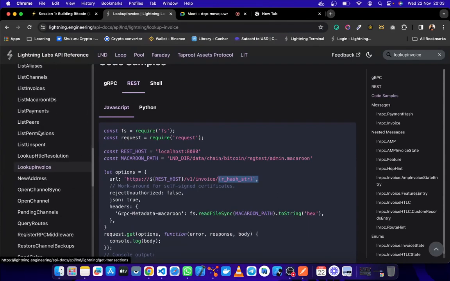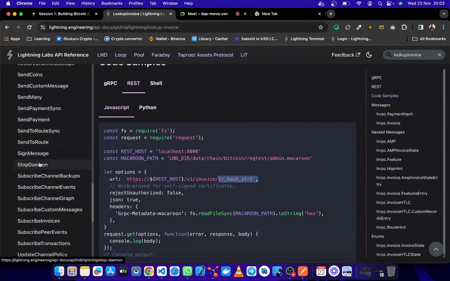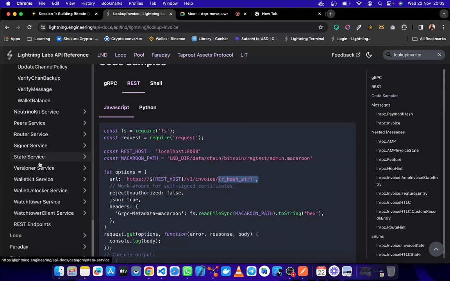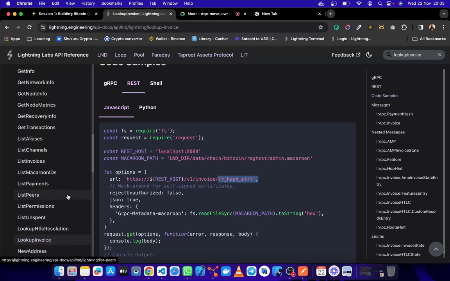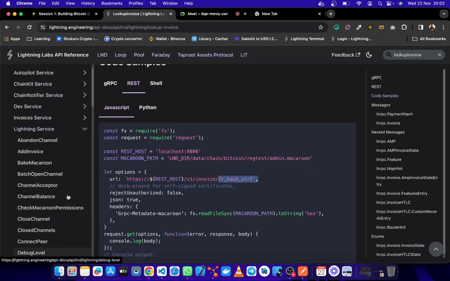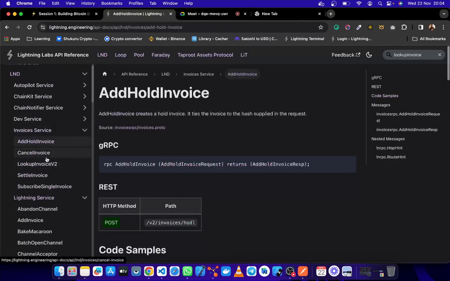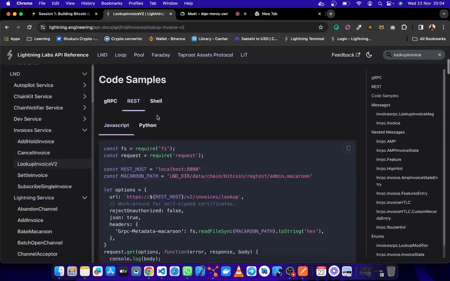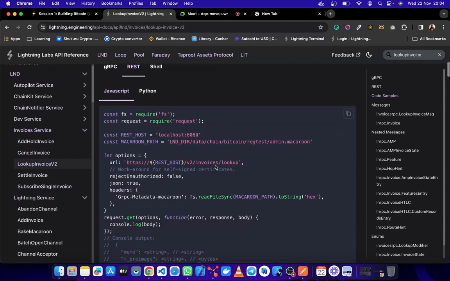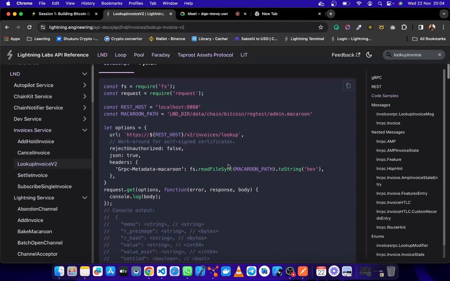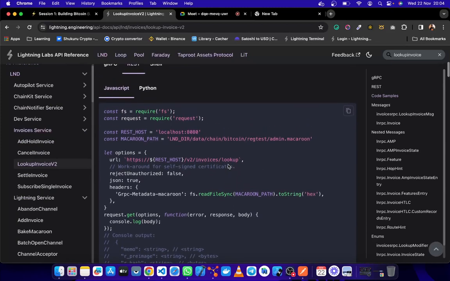So we have node info, we have lookup invoice, wallet service. This creates the invoice. Let me look at that. Guys, this guy's documentation is not the most clean.